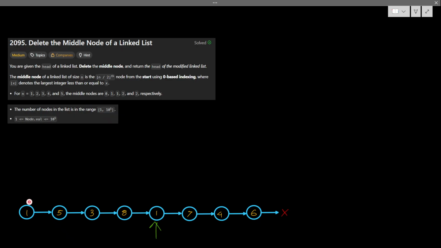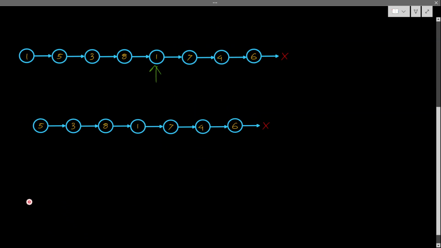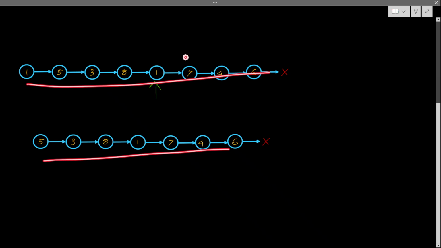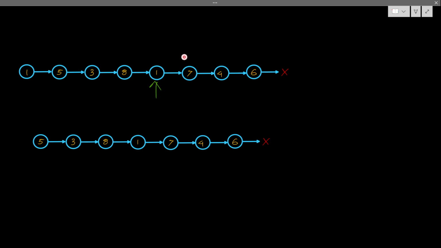So before saying that, let's see a generic solution. These are the two cases we could see. One is the even length, one is the odd length. Okay. So for even length, what could we do? For even length, somehow we need to find this point. This point. So how could we do that? Generally,